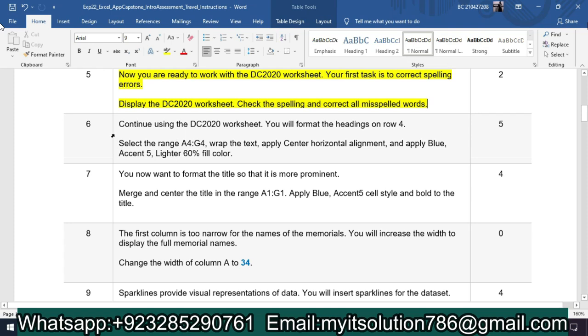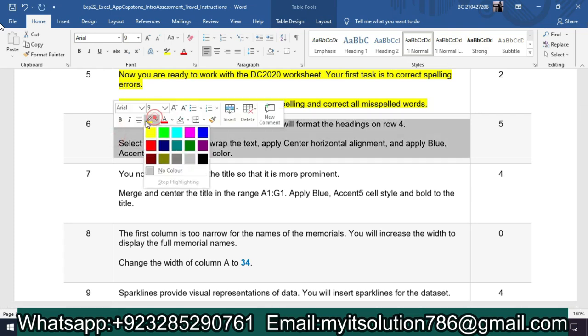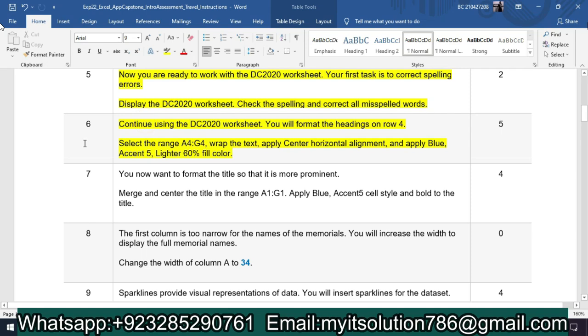So in the step number 6 it is saying: continue using the DC 2022 worksheet. You will format the heading on row 4. Select the range A4 to G4, wrap text, apply center horizontally alignment and apply blue Accent 5 Lighter 60% fill color. So in this step we first select the range A4 to G4 and apply different operations on this range. So we go on our Excel worksheet,